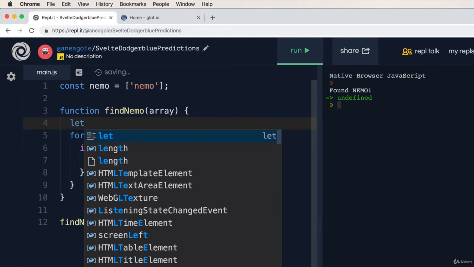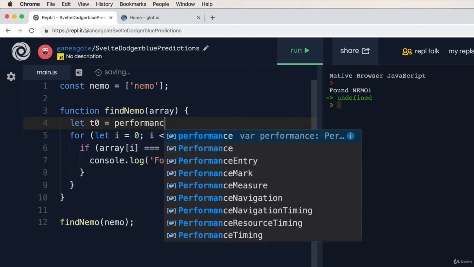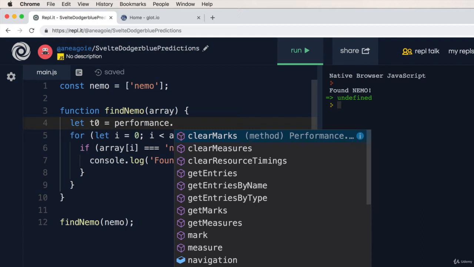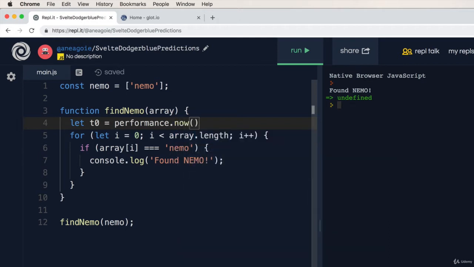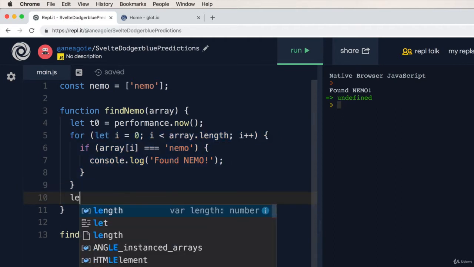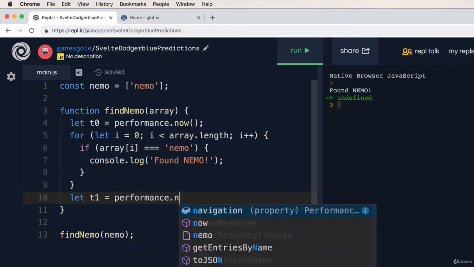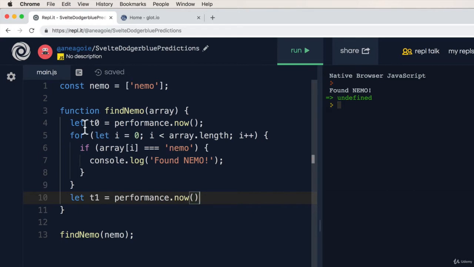We can do this in JavaScript by saying, let's say t0 is going to equal performance, which comes built in to the browser, and we just say now. And this t0 is going to start this timer before the loop happens. And then when the loop ends, I'm going to have another timer called t1, and this is going to equal performance.now. So we have two timers, one at the beginning, one at the end,